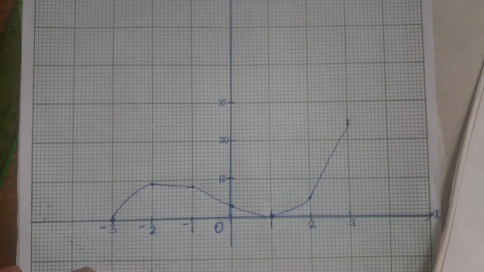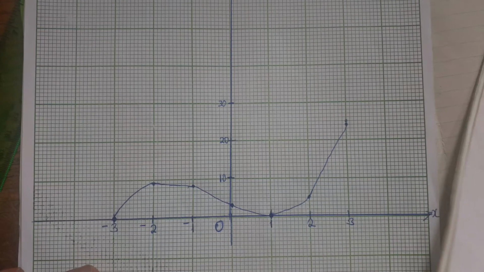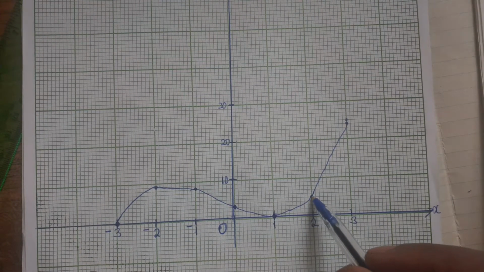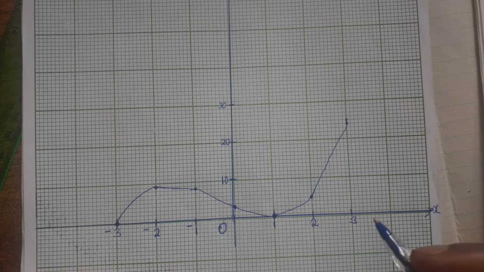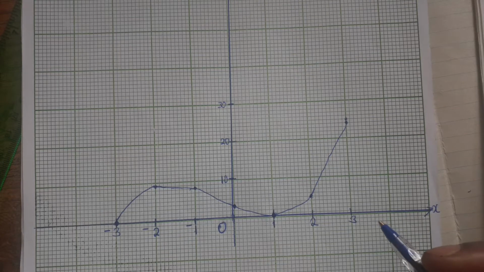So, x is equal to 2 here. x is equal to 2 at this point. Are we together? I'm going to demonstrate two methods that we can use to find the gradient, and then